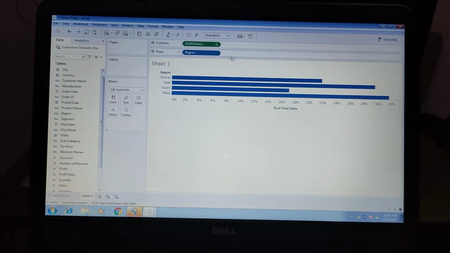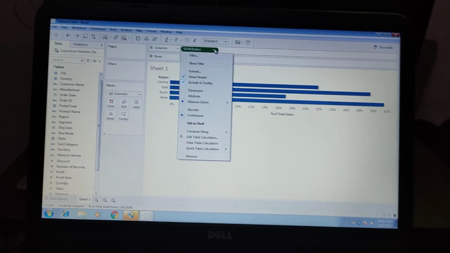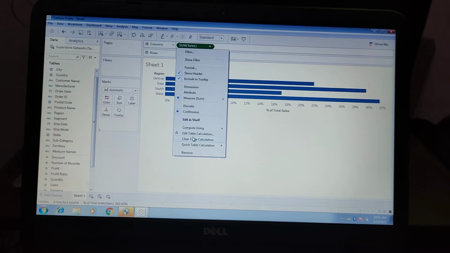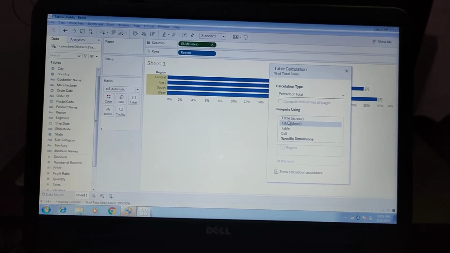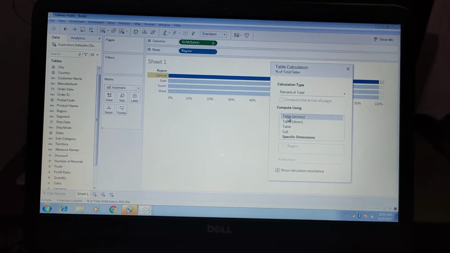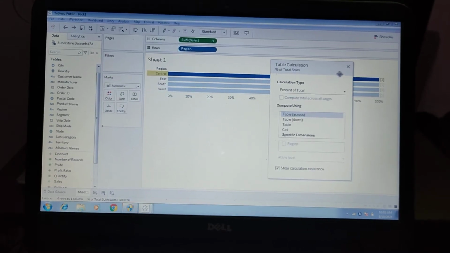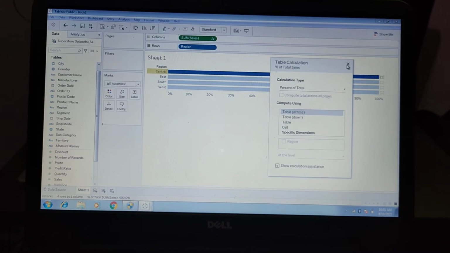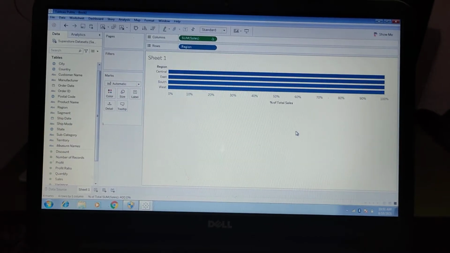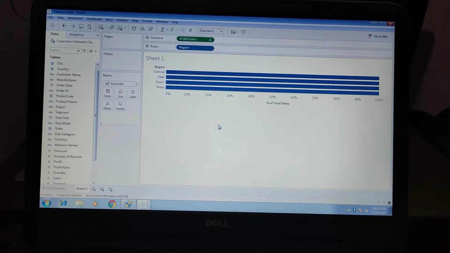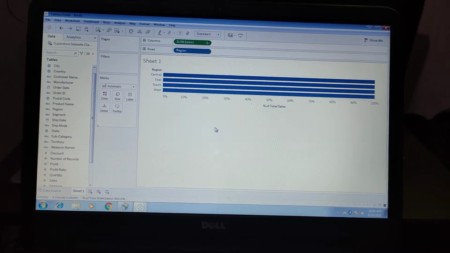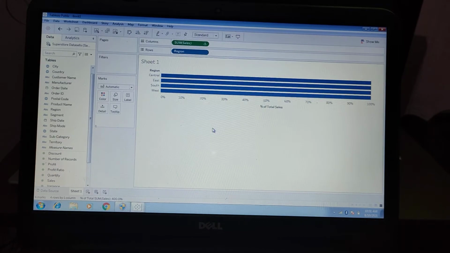Alright, then again we can go to the Sales down arrow, click on Edit Table Calculation, and select Table (Across). Then we can see now all the bars are showing equally, regardless of the total, regardless of the most sales or less sales.